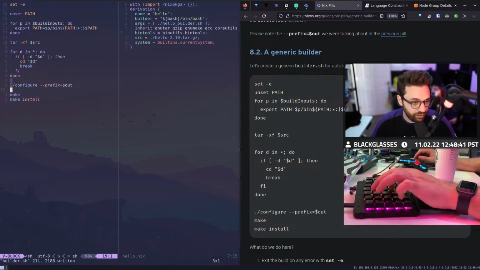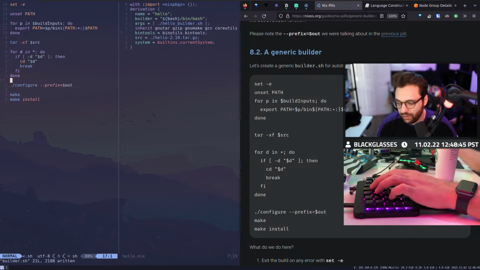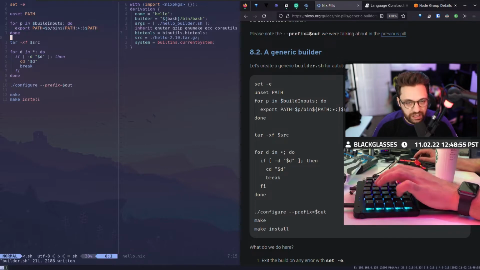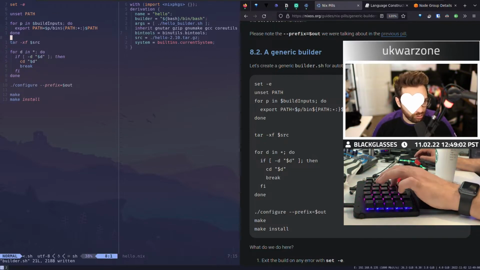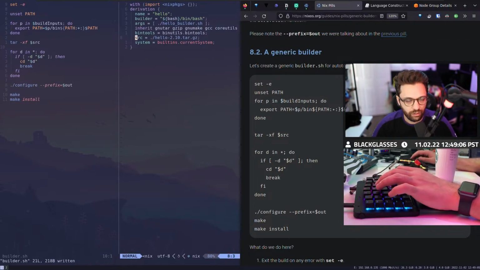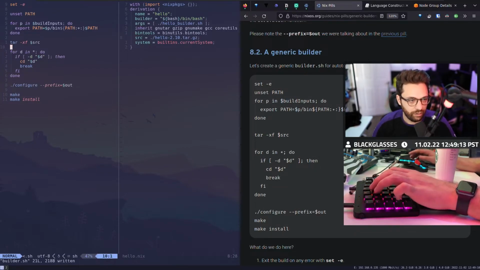Okay, so after that, we're in our directory now. Well, now we're just going to configure, make install. So at that point, what have we done? We've really gotten to a scenario that's literally what we do when we're developing. We created a new shell environment. We unset our path. We then only added the binaries to that path that we wanted to, nothing else. We then unzip our source code, which is our input. Source is right here. There's source. Come on now, highlight. I said highlight. Thank you. So there's our source code right there, and our source input.